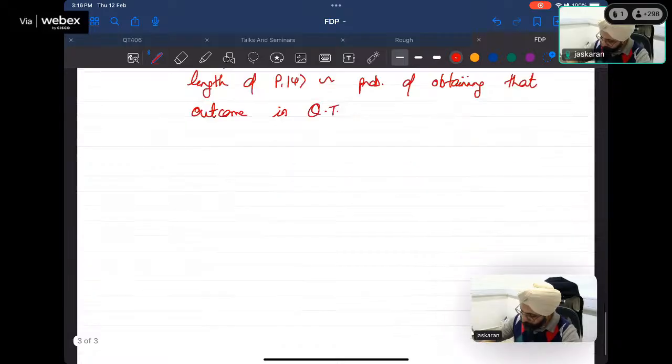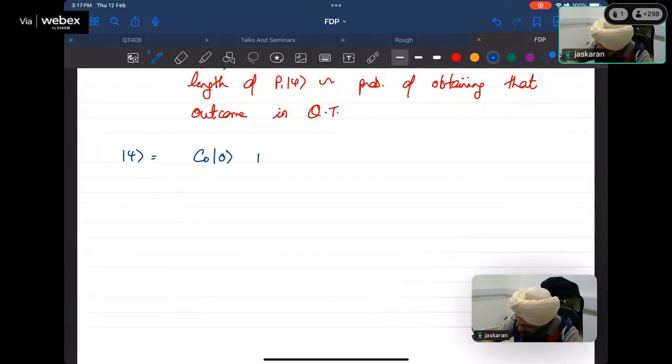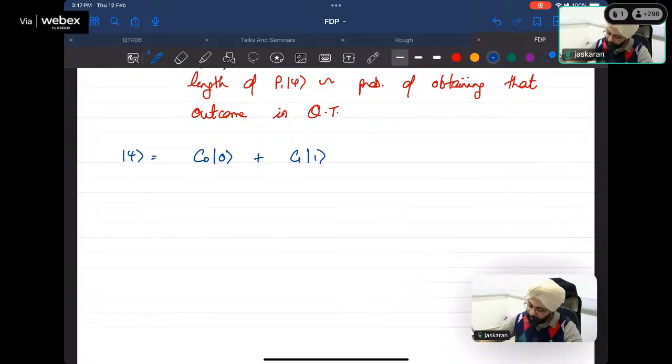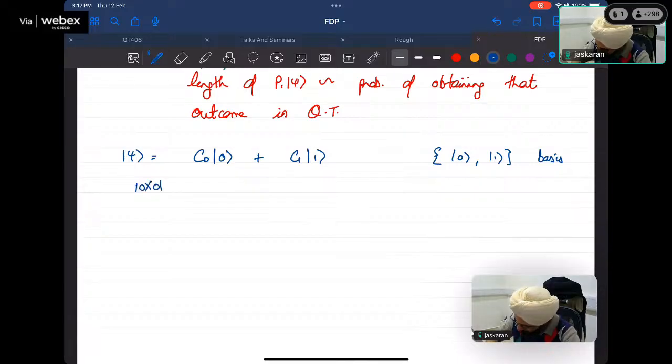Okay. So let's take one particular example. Let me take |ψ⟩ = C0|0⟩ + C1|1⟩. Here my basis is already decided by |0⟩ and |1⟩. So it's a two-dimensional Hilbert space, and my basis is defined by the computational basis set, the |0⟩, |1⟩ basis. Now I can define the projection along |0⟩ as |0⟩⟨0|,